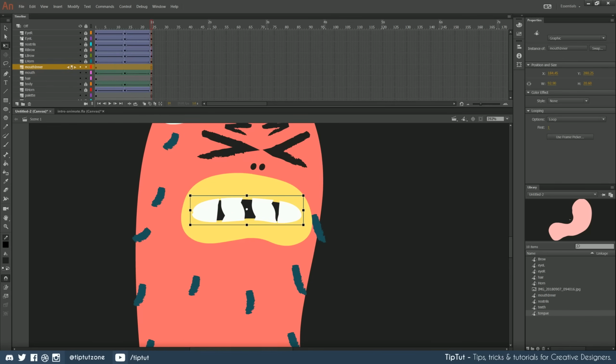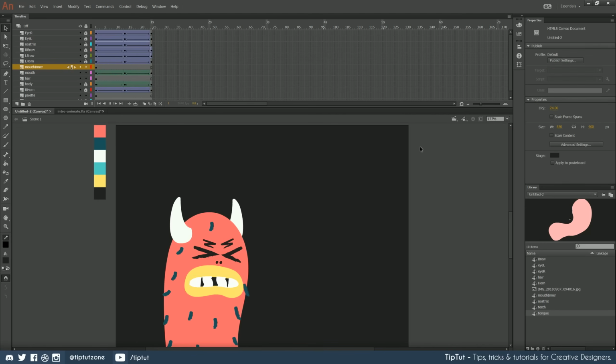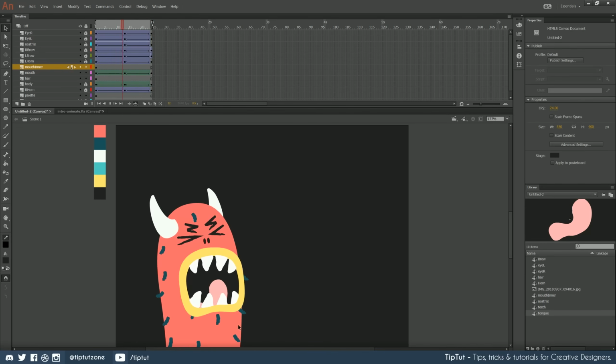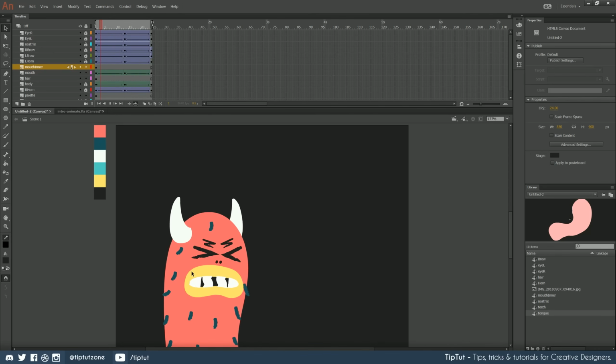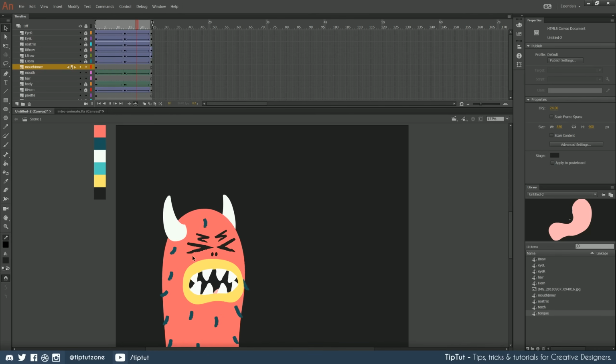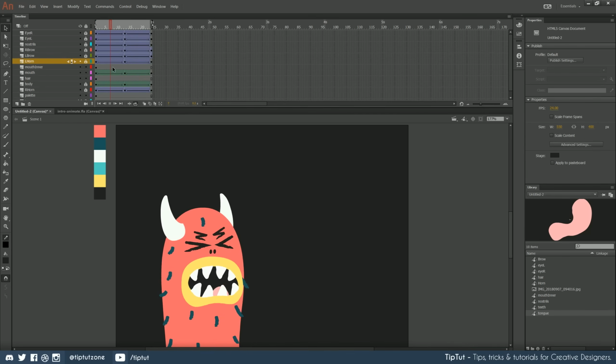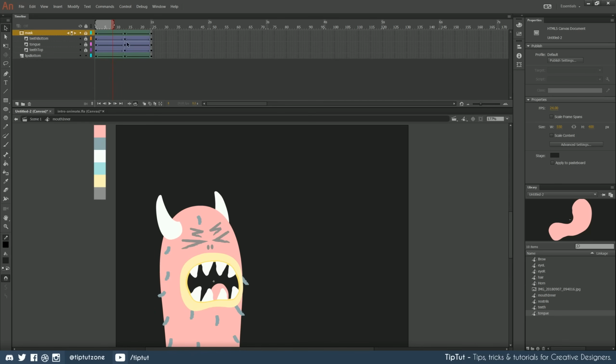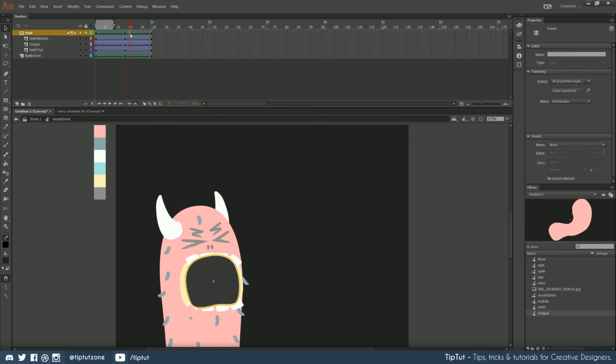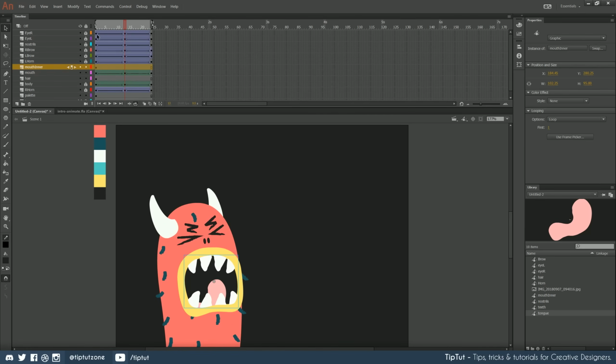That looks brilliant. Let's check it out in relation to the rest of this animation. Awesome. That looks really good. His mouth kind of moves out a little bit too far for my liking though, like to the right, if you know what I mean. So I'm going to grab this outside mouth and I'm just going to bring it in a little bit on that frame. Maybe to there. And then maybe let's do the same thing inside of the mouth layer too. You just select all of these and move them over a bit. And then lock them back up again. And that looks fine. Awesome.